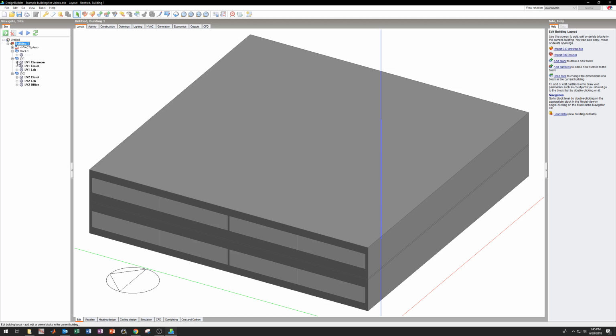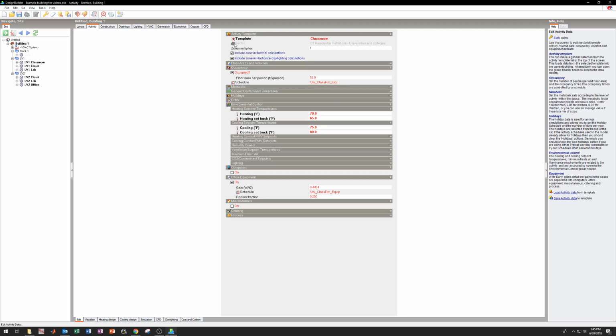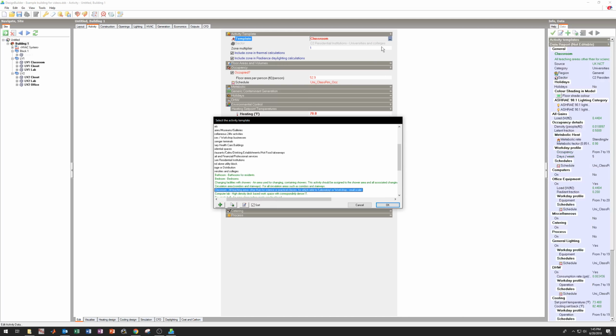But you can also change a specific wall to be different. Every time you expand something, what you expand is what changes beneath it, unless you've changed something before, but we'll get into that later. So the activity tab over here has different templates. If the whole building is the same